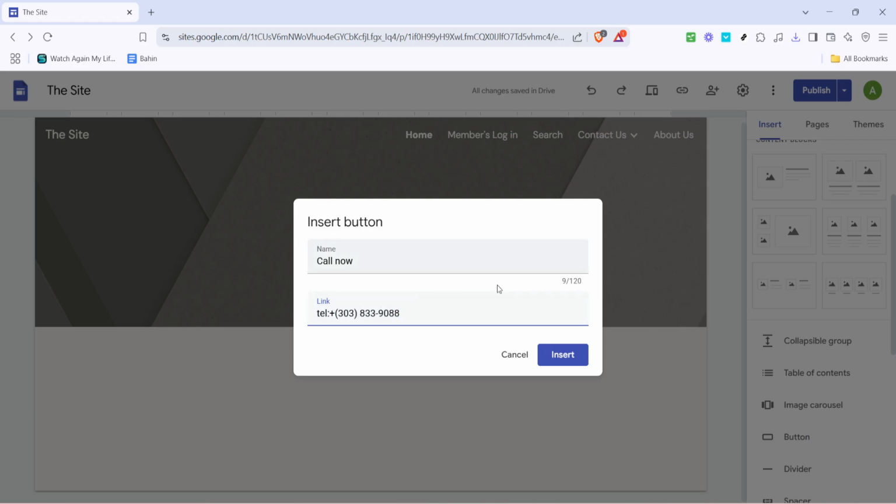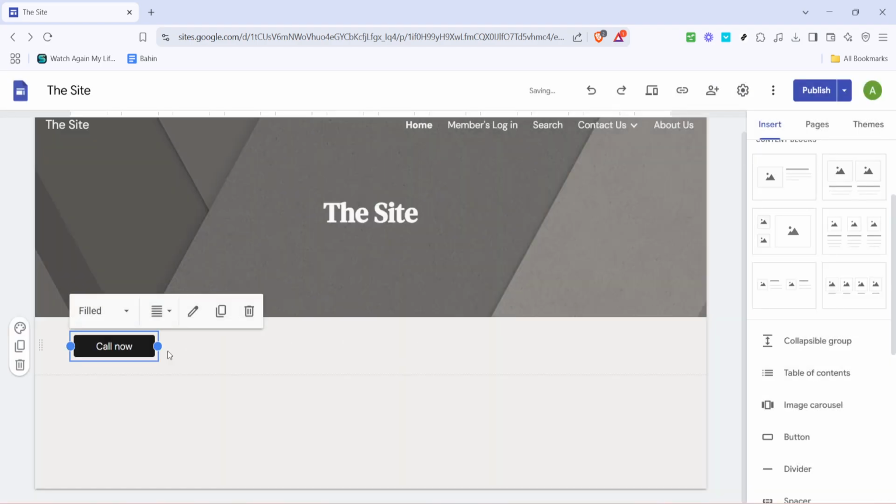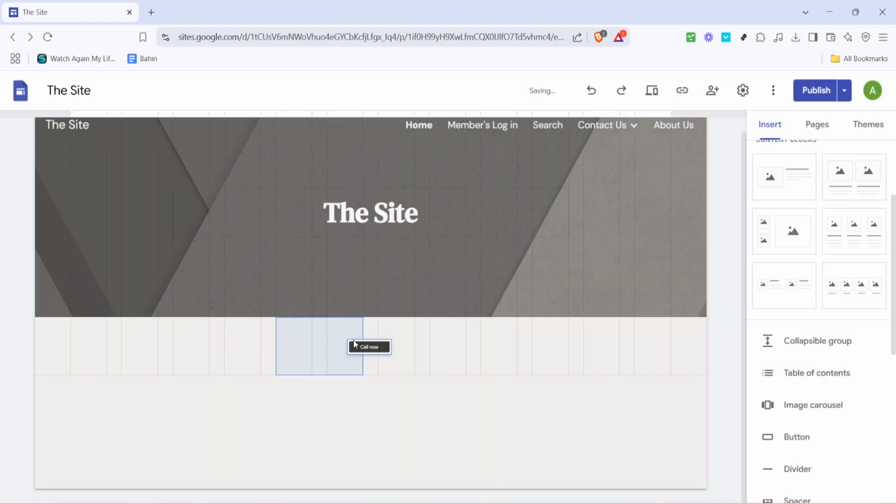123567890. This format ensures that when someone clicks the button, their device interprets it correctly and starts a call to the specified number. It's important to double check this entry for accuracy because any mistakes could prevent the button from functioning as intended. Once you've filled in the label and the link fields, you're almost there. Just hit the insert button to finalize the addition of your new phone link button to your site.